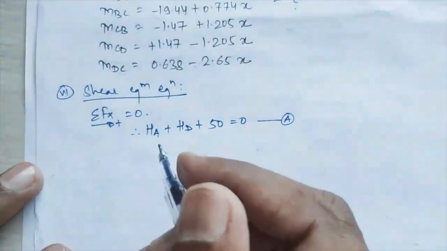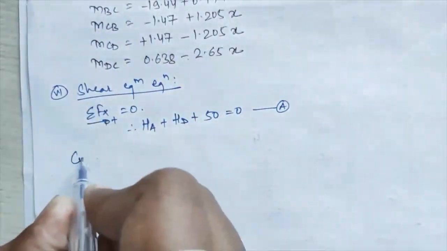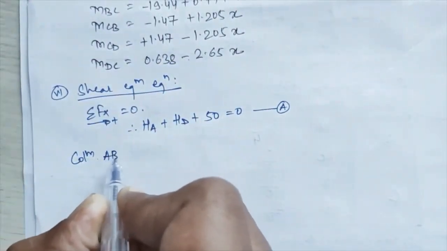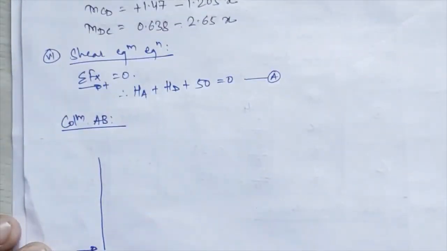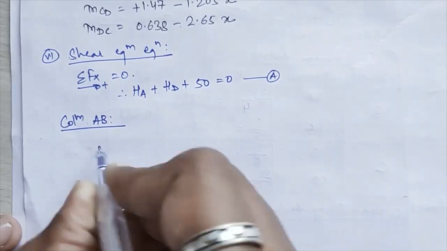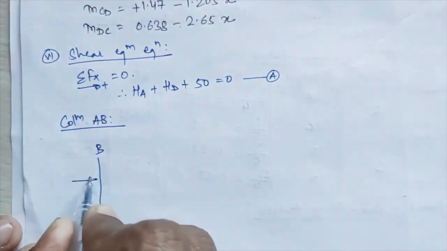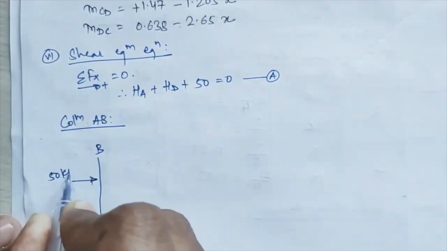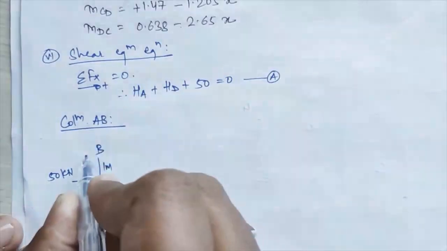Now you have to consider the column equilibriums. For column equilibrium, first consider the column AB. I will draw the first column equilibrium diagram. Here I have HA. This is my joint A, and here I have B. Along with that, there is a 50 kilonewton point load at a distance of 1 meter from B